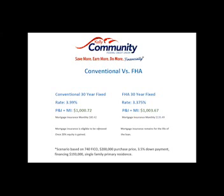So I got a conventional loan versus an FHA, which FHA is a government-backed loan, and they typically have lower interest rates than a conventional, but it's not always the best way to go. And as you look on the slide and kind of follow along with me, I'll show you why. So I did the comparison of a 30-year fixed based on a $200,000 purchase price, 3.5% down with a 740 FICO score,